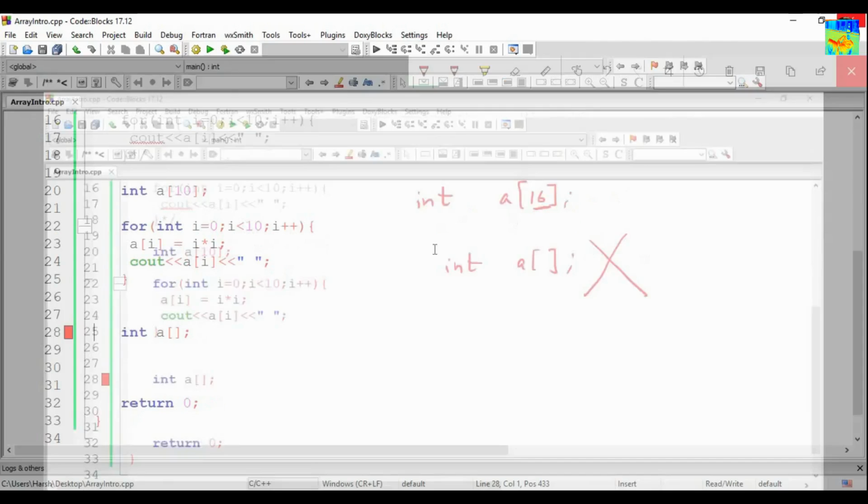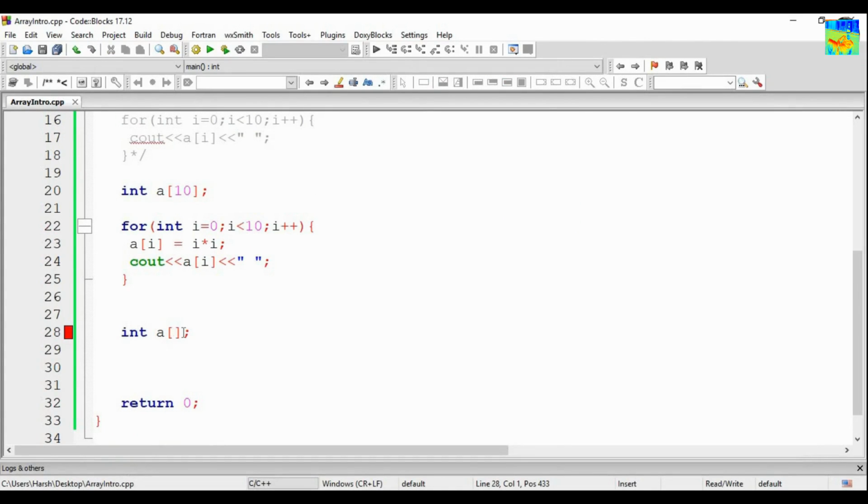Now let's see one last thing. cout, endl. So suppose I have a variable b.